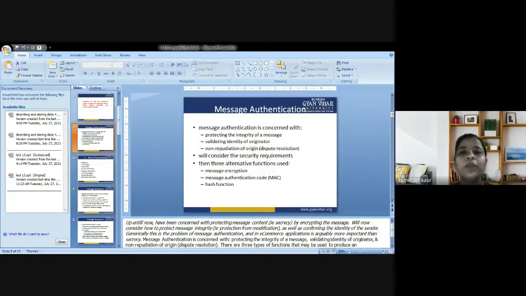So these are two limitations that could be overcome by using public key based digital signatures. How could it be overcome? It could be overcome by using public key. Now what is basically public key? Public key is concerned with using two keys instead of one key. In MAC we are using only one key, and the same key is used for both encryption and decryption. But in public key cryptography, two keys will be used.